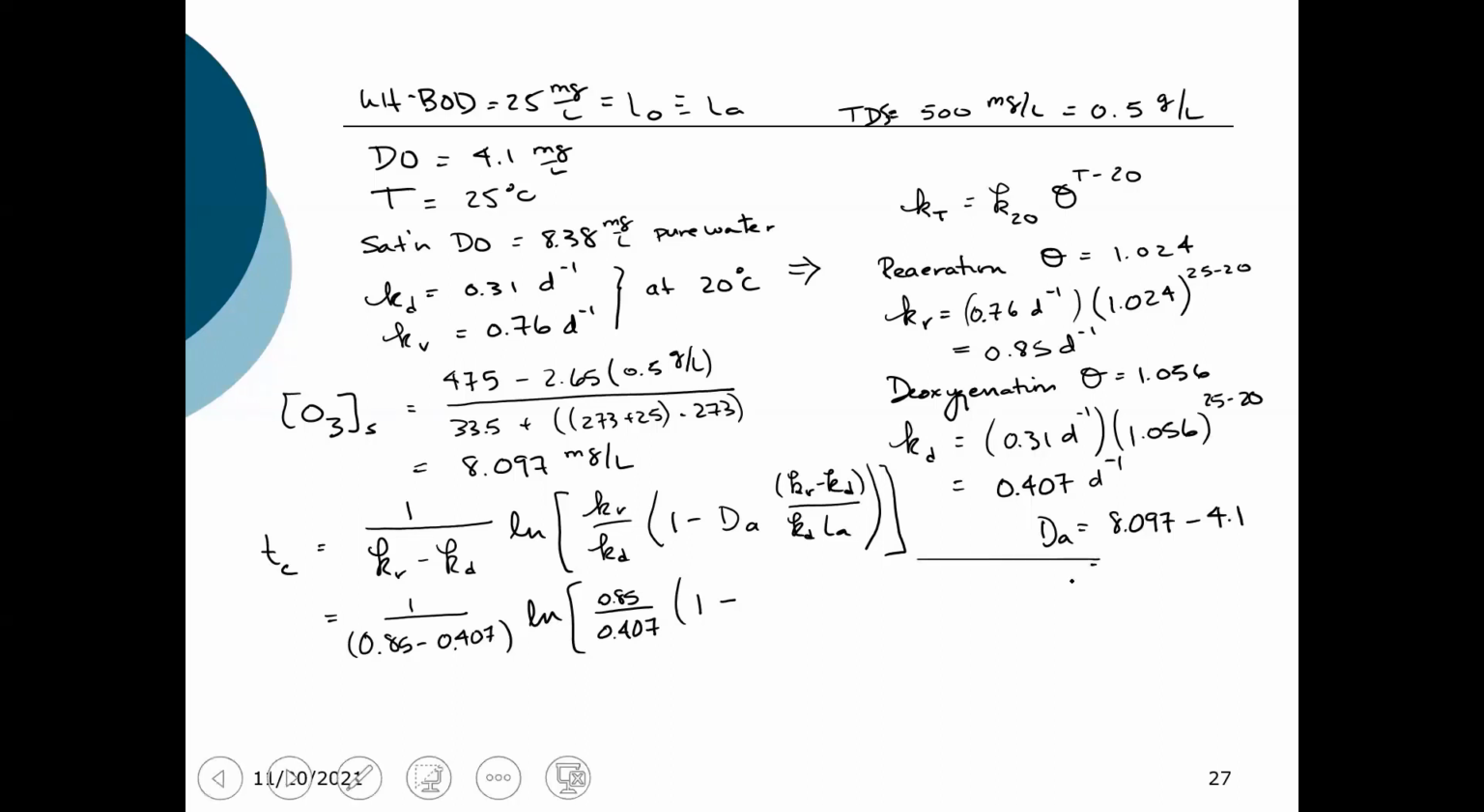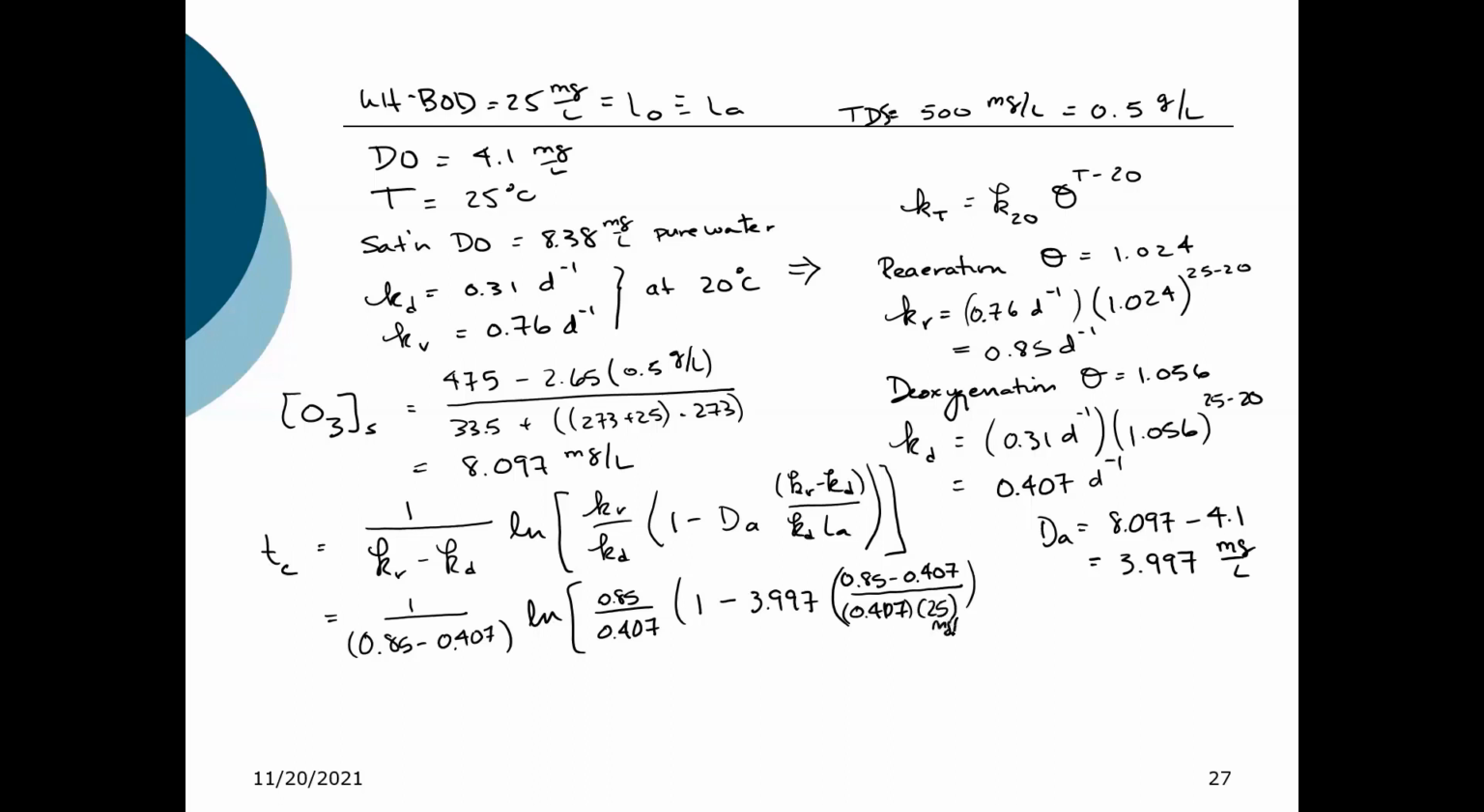So that is equal to 3.997 milligrams per liter. So that's 3.997 times 0.85 minus 0.407. And then that is divided by 0.41 KD, or 0.407, times 25 milligrams per liter. And that is equal to